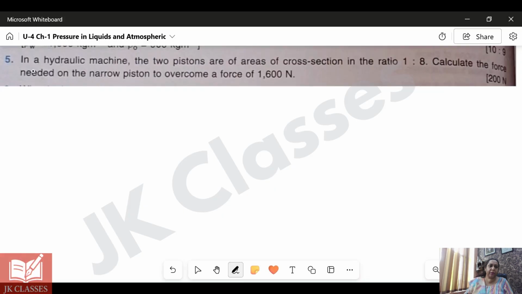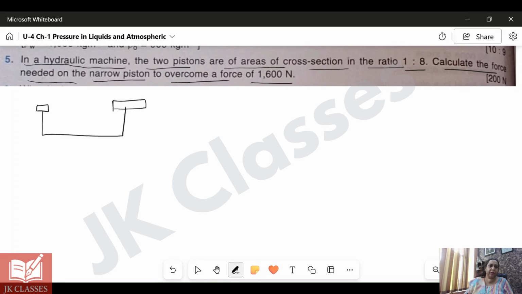Moving to question 5. In a hydraulic machine, the two pistons are of area of cross section in the ratio 1 is to 8. Calculate the force needed on the narrow piston to overcome a force of 1600 Newton. So it would look something like this, the smaller piston and the bigger piston. So pressure on this piston will be P1 and pressure on this piston will be P2. Given that